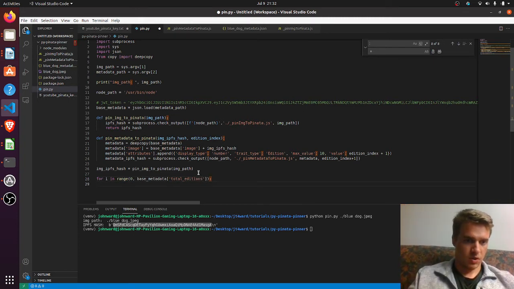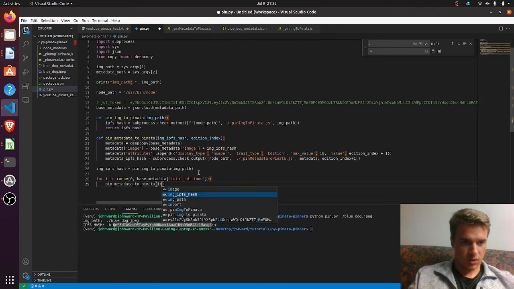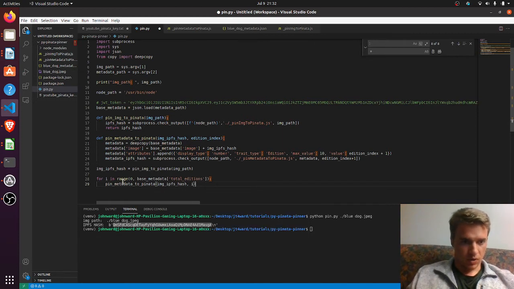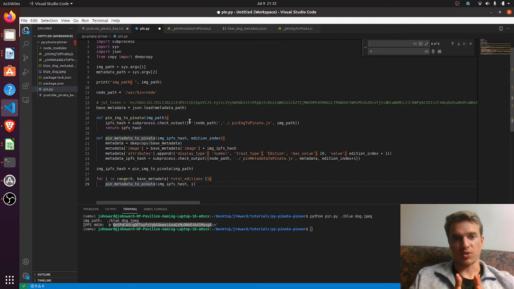I'm going to say pin the metadata to Pinata. I'm going to say image IPFS hash, and then the i right there. So we're going to want to store these IPFS hashes because that's what we're going to use. We're going to take those hashes and we're going to mint them as NFTs. So what we're going to do